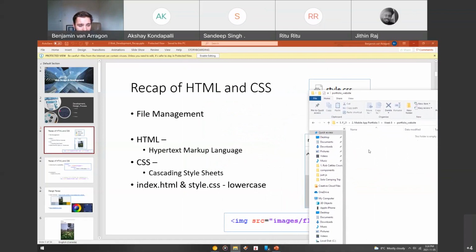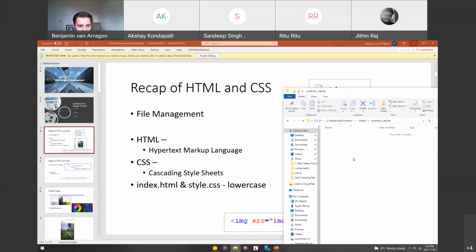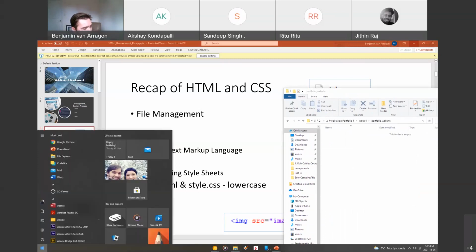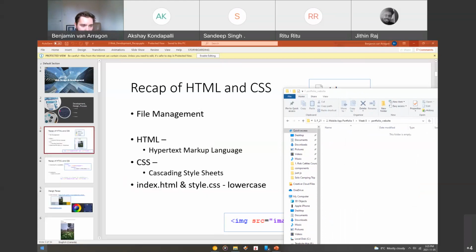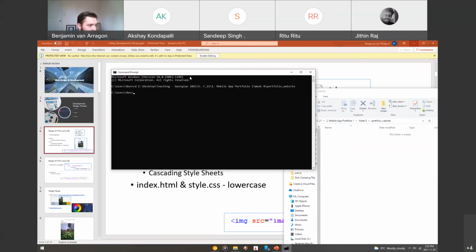Okay, so what we're going to do is create these files. You can create them like this, with file, new. There's another way: you can shift right click and open a PowerShell window. Or you can open up your command prompt, and if you've ever used command prompt, you can CD and then paste that directory into your command prompt. Now, I'm on a different drive here, so